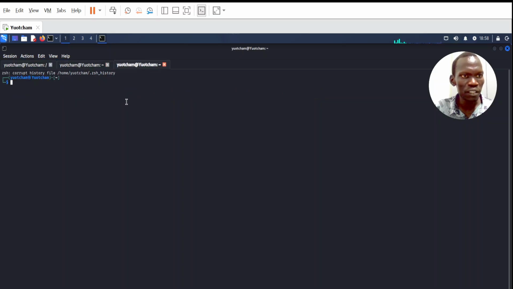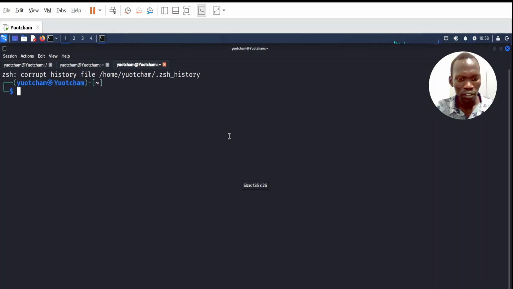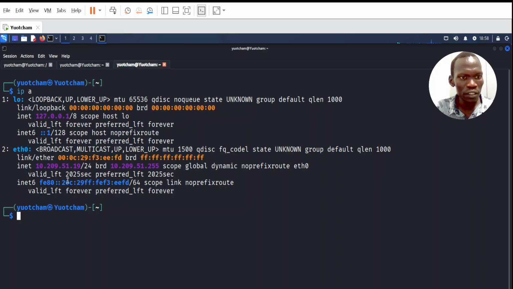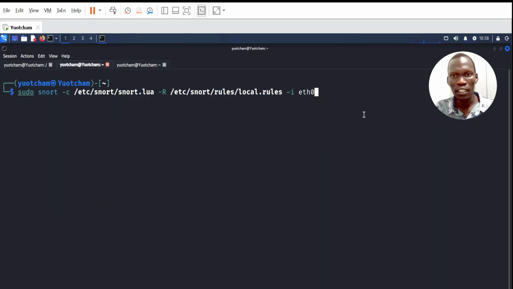You can just open a new terminal here and then say IPA, and you can see our interface is this. It is eth0. So here we come back again and say our interface is here, and then we enter the alert mode. The alert mode is alert fast. Here we are all set,